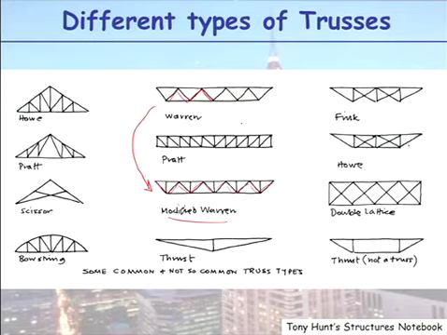It's called a modified Warren there, but generally I call it a Warren with vertical members in there. Fink and Howe were railway bridges. So trusses actually came into their own with the coming of railways. It was the coming of railways that developed trusses in England and in America, and that's because now rivers had to be